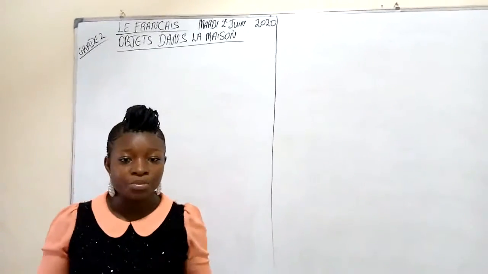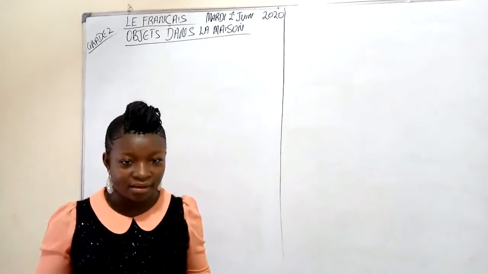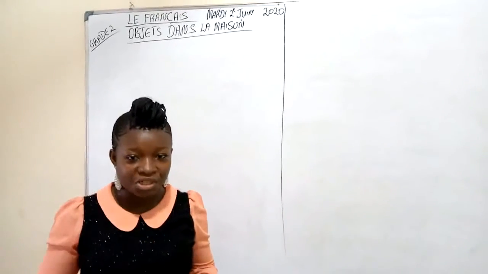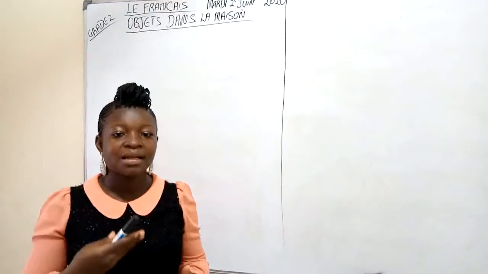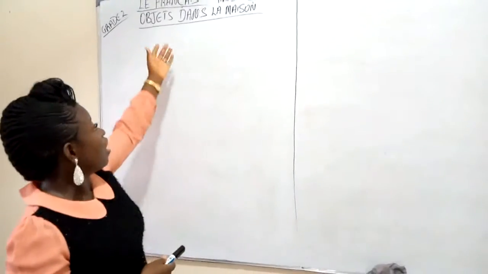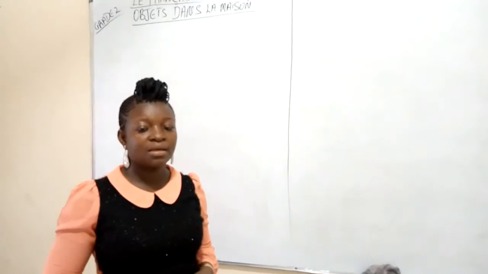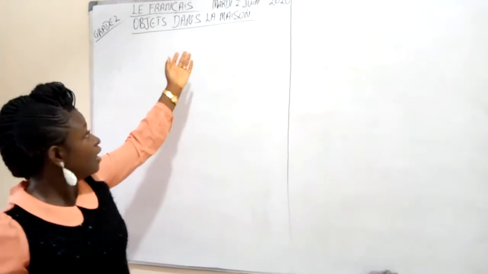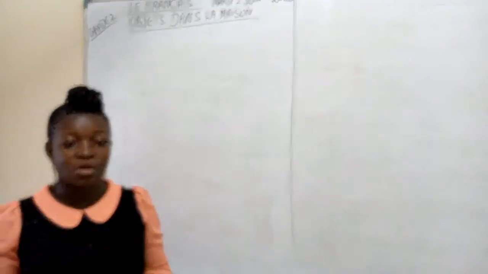Alright. Objet dans la maison. I take it again. Objet dans la maison. Okay, this is simply objects in the house. So that's the meaning of objet dans la maison. So we are going to be looking at